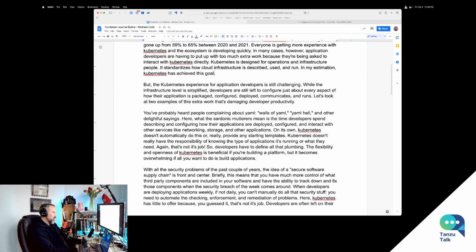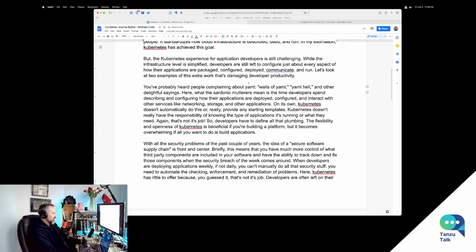While the infrastructure level is simplified, developers are still left to configure just about every aspect of how their applications are packaged, configured, deployed, communicate, and run. Let's look at two examples of this extra work that is creating developer friction. You've probably heard people complaining about